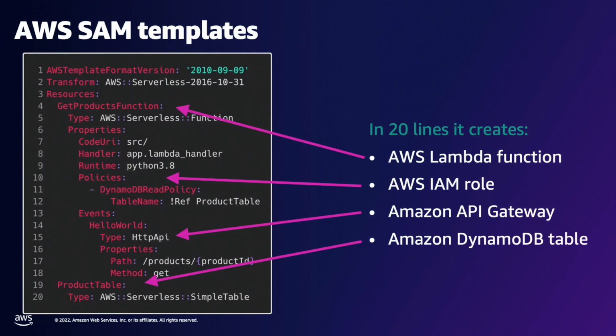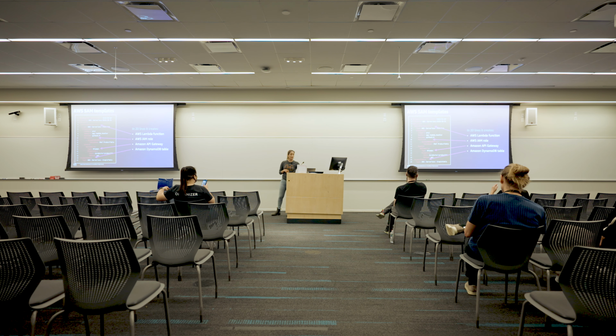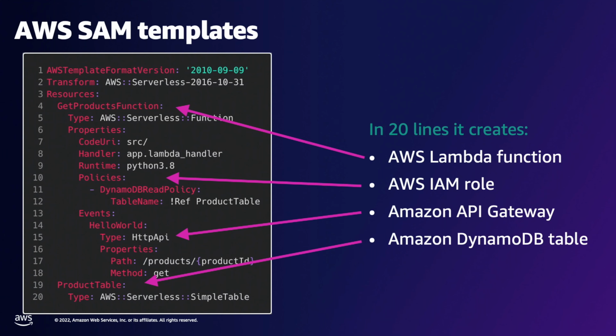So this is what an example SAM template looks like. This one is written in YAML. You can see here that there's a few resources being created. We have a Lambda function, a DynamoDB table, an API. We created the Lambda function and we added the corresponding IAM role that lets the Lambda function talk to DynamoDB. And there's a lot of options when it comes to policies that you can configure here. We also created an API from API Gateway, and then you have this event source. You can see this event source for your Lambda function, which is this HTTP API, and you can configure these templates to add AWS resources and create your application,